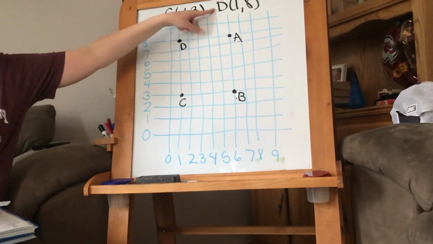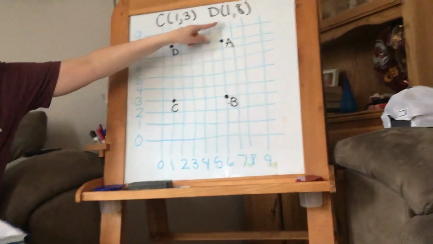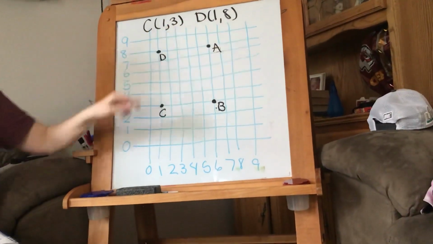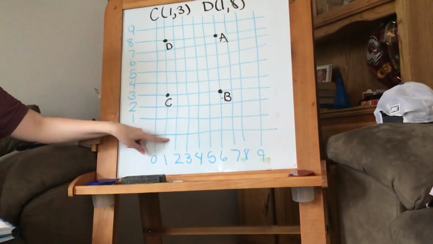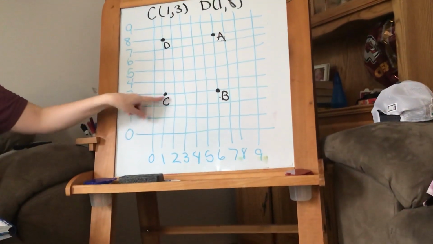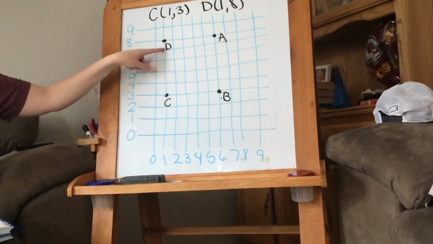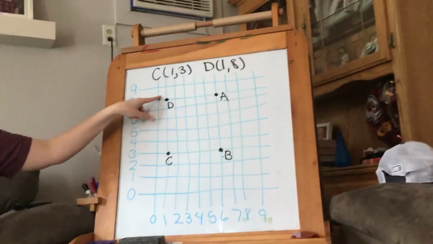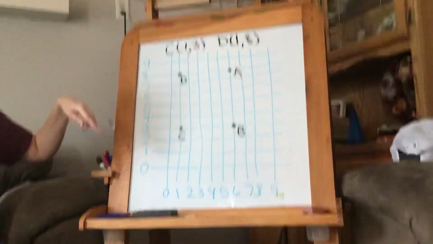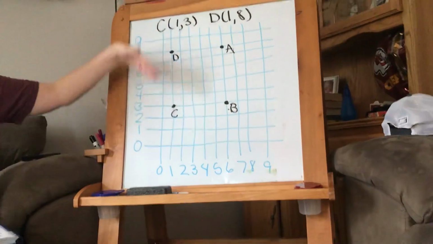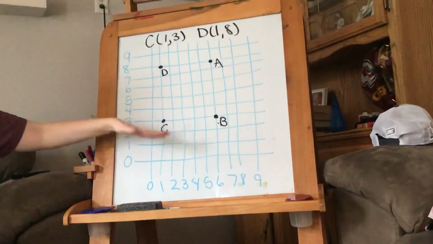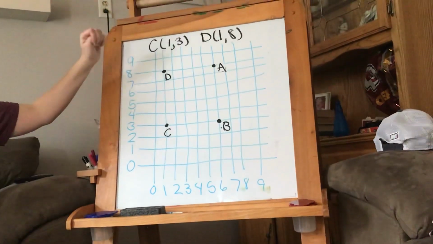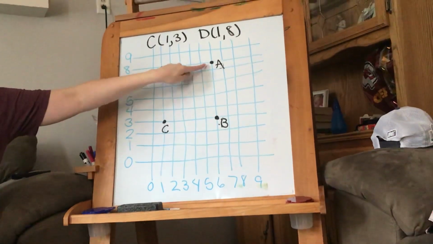If we're talking about plotting point D, that's 1, 8. So over 1 and then up 8. Okay? So always go over and then up, horizontal, then vertical. So if we were plotting point A,